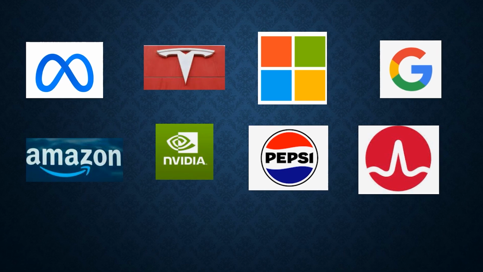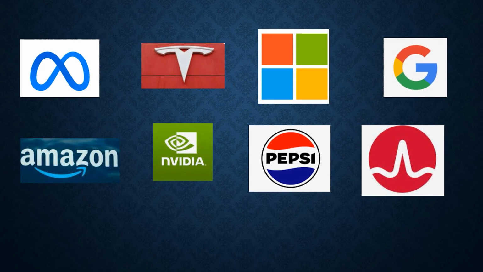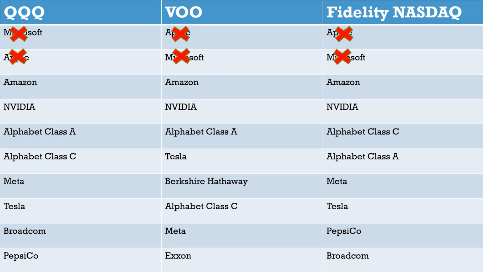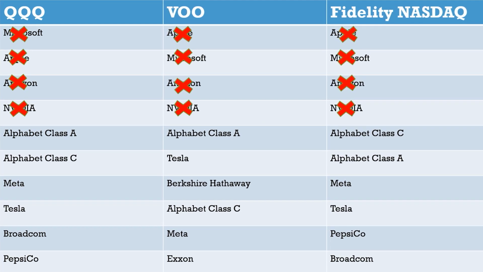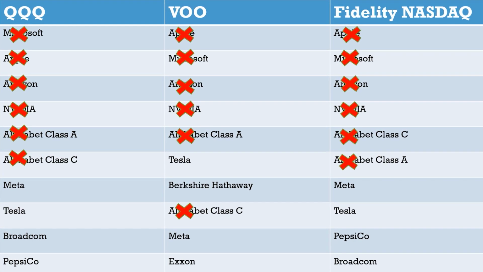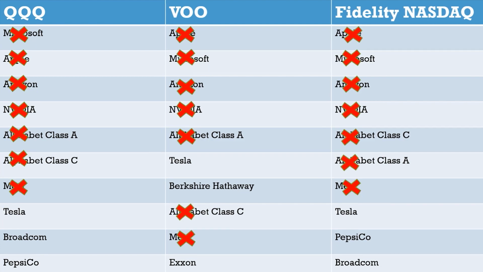They're all growth and aggressive growth funds, loaded on the front end with the same or similar stocks from these massive companies. If we look at these three funds in more detail and try to find differences, we soon find out that they're not really very different. If we compare them, we can immediately cross off Microsoft, Apple, Amazon, Nvidia, Alphabet Class A and Class C, which is just Google's parent company, Meta, and Tesla before we get to any kind of deviation between them all. They're mostly uniform with some differences for weighting and a few slightly different holdings the further down we go.